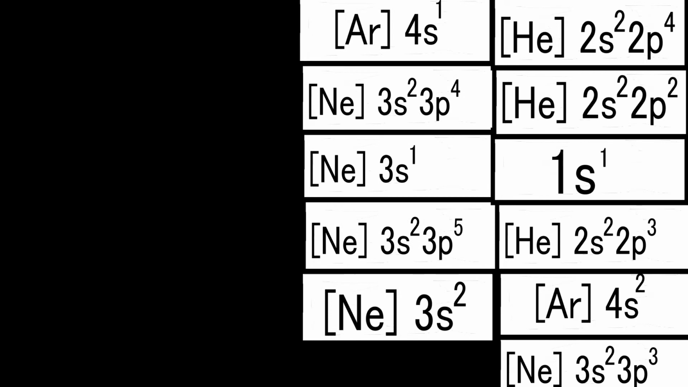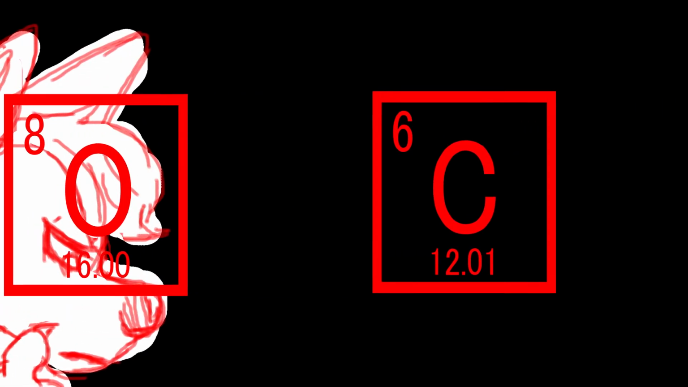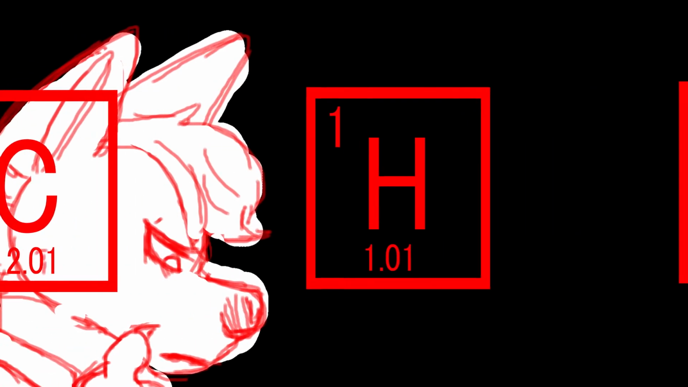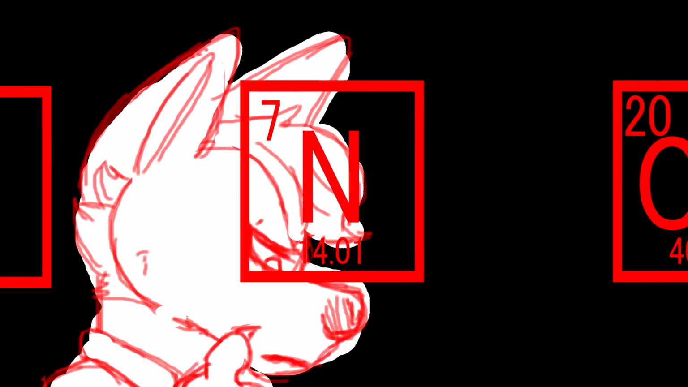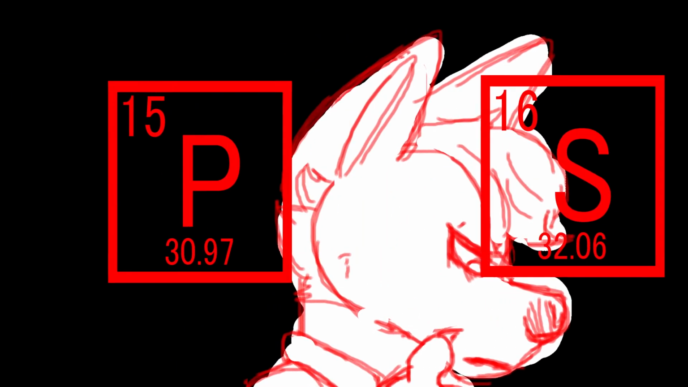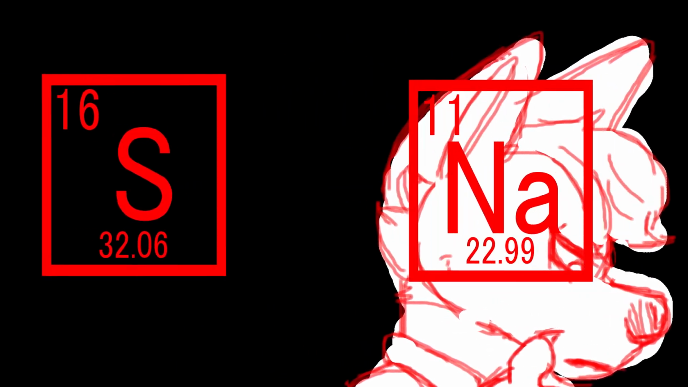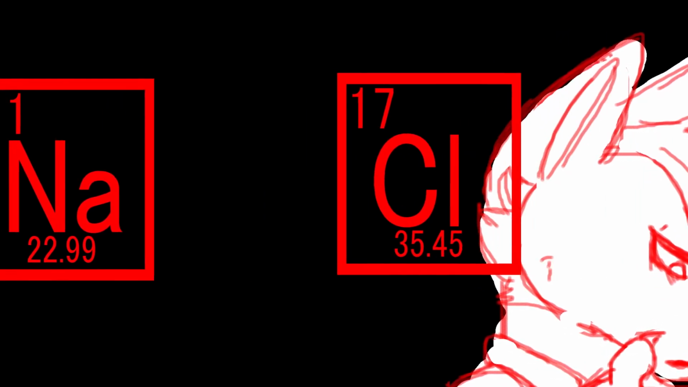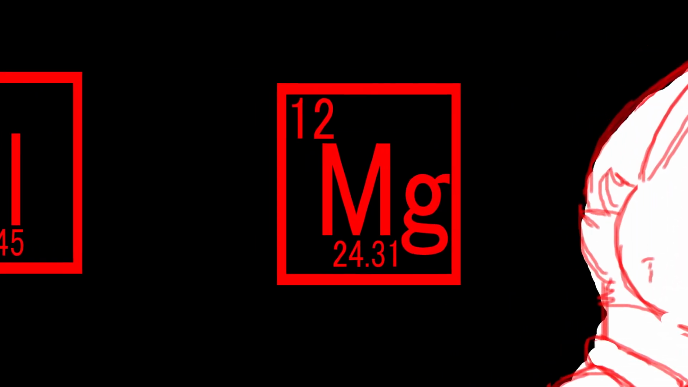We have about 123.5 kilograms of oxygen, 15.9 kilograms of carbon, 18 kilograms of hydrogen, 2.7 kilograms of nitrogen, 1.2 kilograms of calcium, 0.8 kilograms of phosphorus, 0.2 kilograms of sulfur, 0.1 kilogram of sodium, 0.1 kilogram of chlorine, and 0.1 kilogram of magnesium. If I were to put that into a visual sense, it would turn out like this: